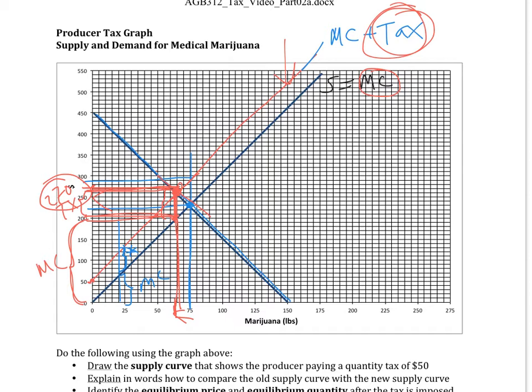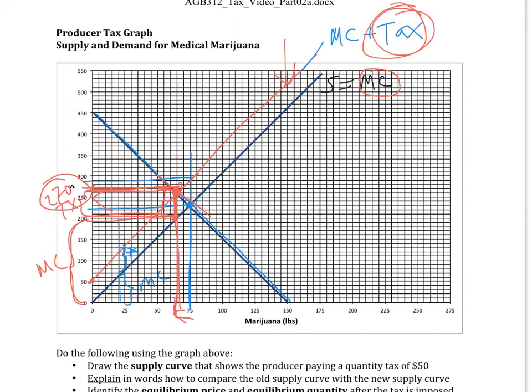and then you've got this tax gap. Okay? So again, I've just explained how the imposition of a tax, when it's paid by producers, shifts the supply curve, generates a new equilibrium quantity, generates a new price for consumers, a lower marginal cost for producers, and we also see that the tax is taken care of. Okay, so we've taken care of that equilibrium price and quantity. Now let's look at what the